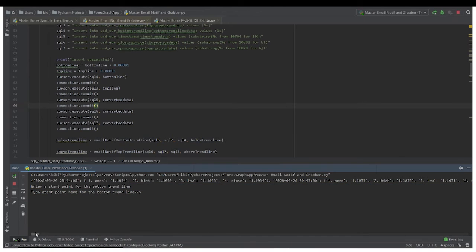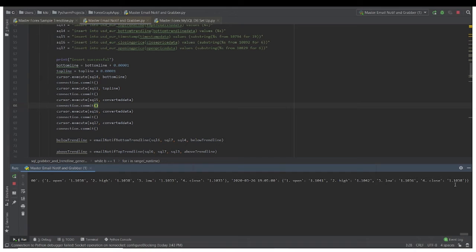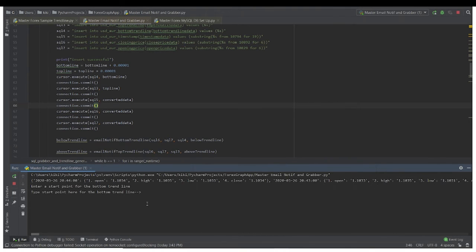So now I know what this looks like. Closing is 1.1038. Opening is 1.041. So this is my opening price. This is the current close price. Okay, kind of memorized it. Okay, cool beans. 1038. Yeah. Okay, so the start point is